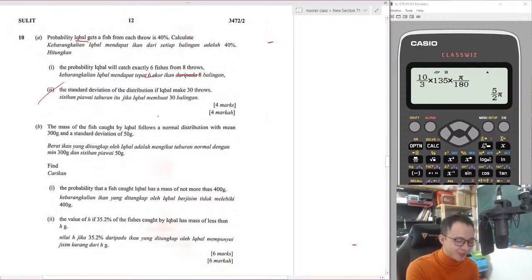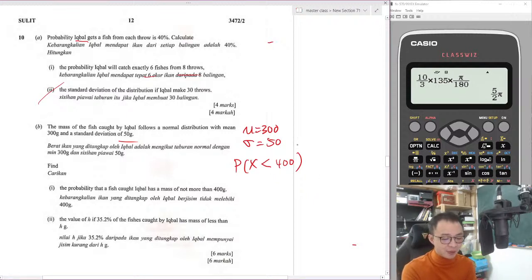Alright, so okay, part B. They tell me the mean is 300. The standard deviation is 50. Must be careful. Sometimes they give you variance, but in this case they give you standard deviation so that you don't need to square root. Find the probability that X, the mass of the fish, is less than